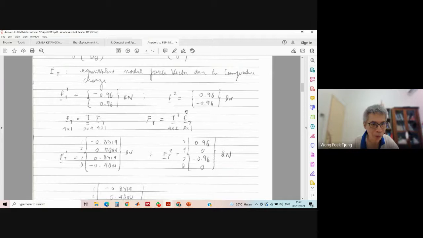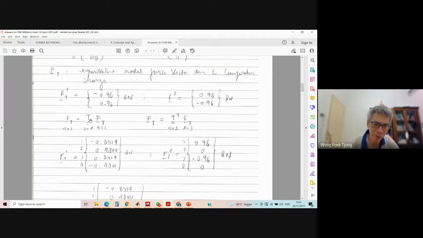So we substitute minus 2 for T. Plug in minus 2 for T. This is for element 2. This is not squared. This is element number 1 and 2. Ft means the equivalent nodal force due to temperature change, but in local. We should transform it to global. Use this formula, okay? And we have this formula, right?